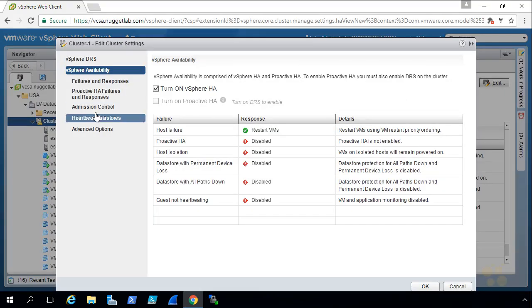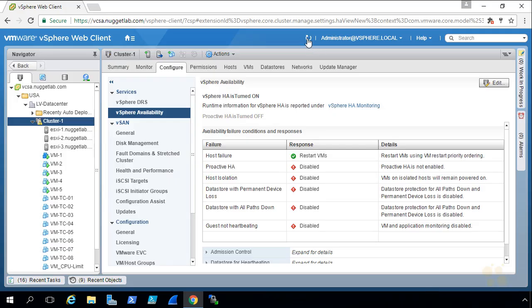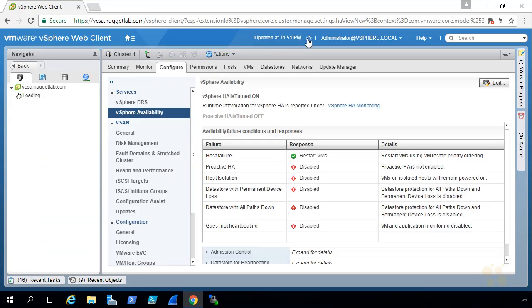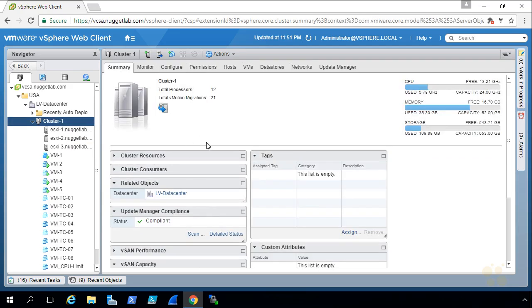We'll go ahead and click on the admission control over here on the left, and currently it's manually set for 10%. So let's remove the check from the checkbox for override calculated failover capacity, and then with a number of 1 of the number of hosts that can fail in our cluster, let's go ahead and click on OK, and let's do a refresh of the vSphere web client, and the little warning message on cluster 1 is no longer there. And so now if we go to the summary tab, we don't see that warning,